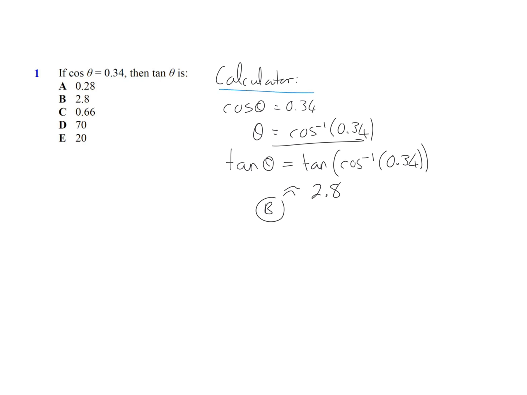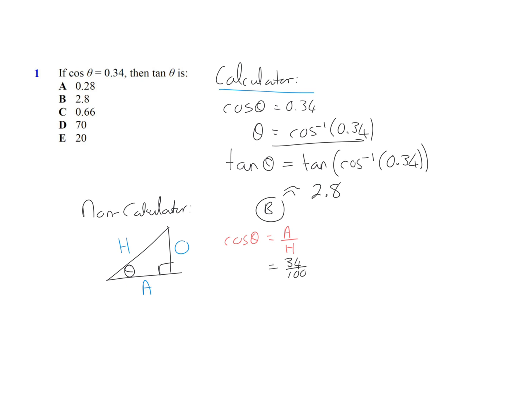But what if I want to do it without a calculator? Well, then I will draw a triangle. So when I draw a triangle, remember it's a 90-degree triangle. I've got the angle theta, and then you remember you have the hypotenuse, the opposite, the adjacent, and that cos theta is adjacent over hypotenuse. Now if I write that 0.34 as a fraction, it's 34 over 100, which can be